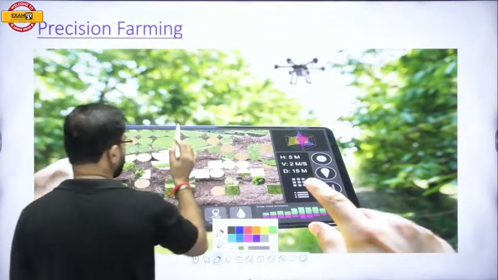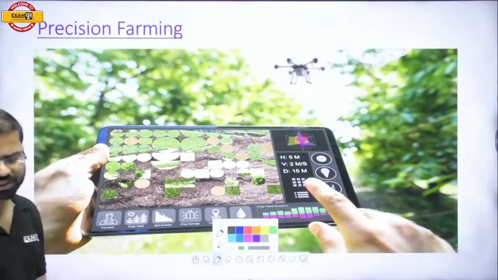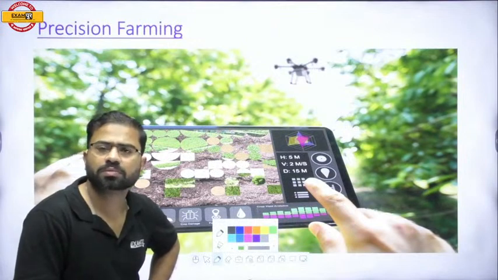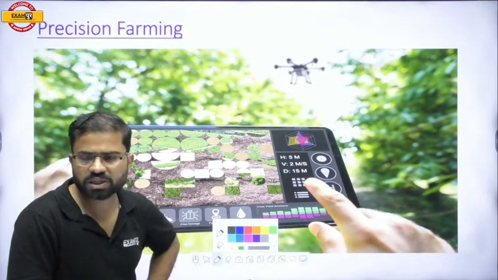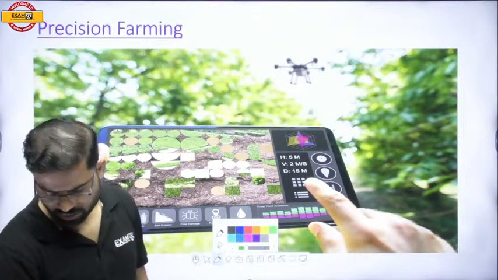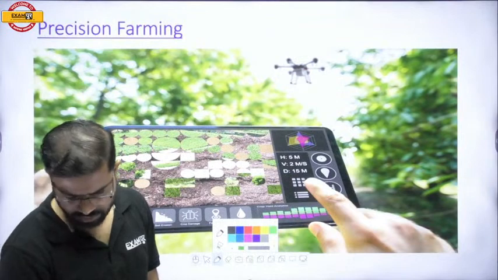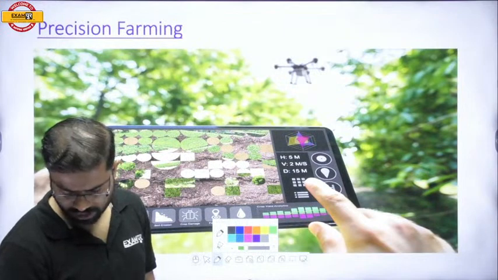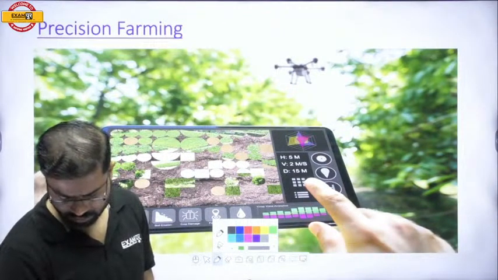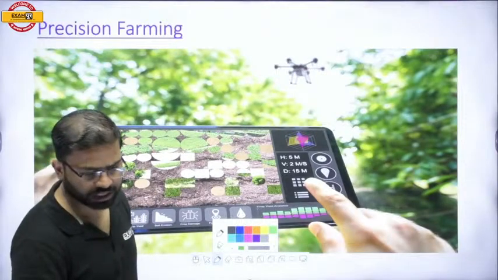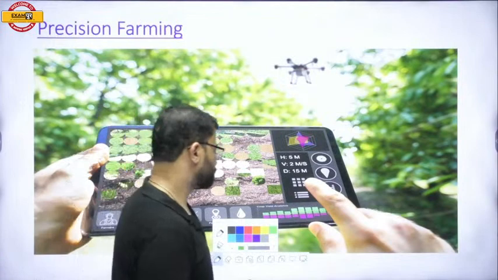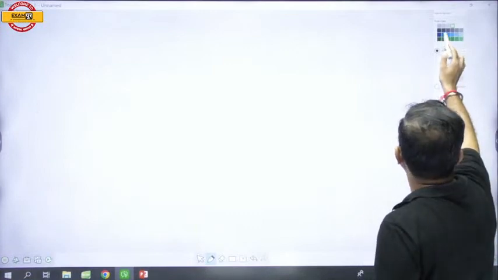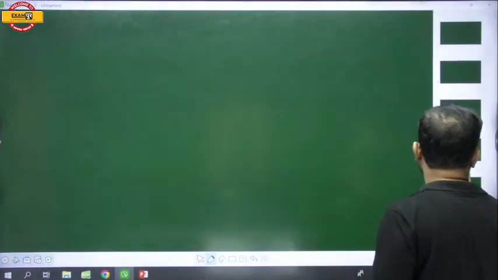ठीक है, ये किसका है? ये precision farming का concept है. Now you know that the precision farming जो होता है, precision farming is made possible with the help of drone technology and your nanotechnology. ठीक है ना? And your nanotechnology. Is it okay? Amazing Hearts, is it okay? Clear है? चलिए ठीक है ना? Now we'll have a little bit look regarding how this precision farming is being done.